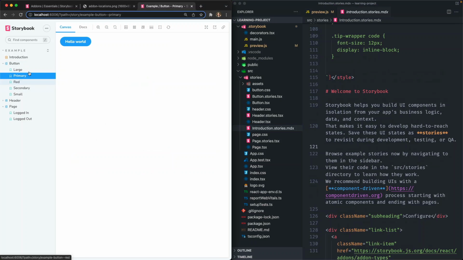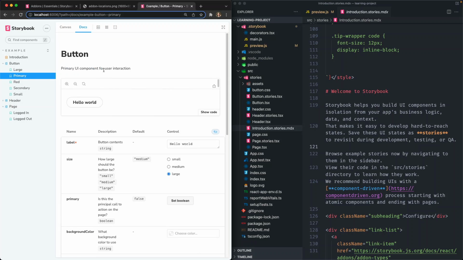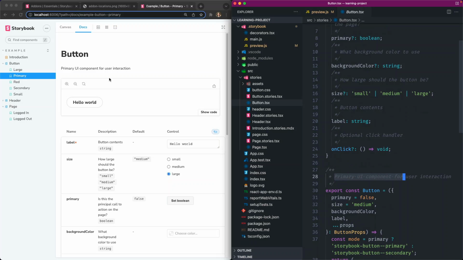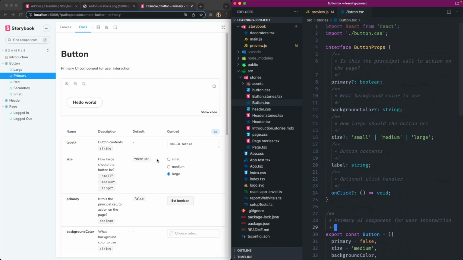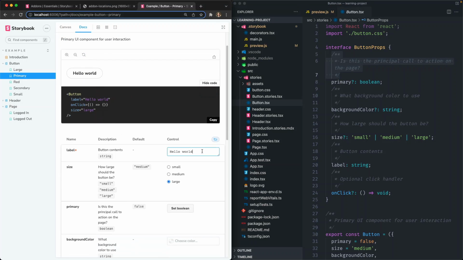So for instance, if we have this button over here, if we click on the Docs tab, it will provide us an overview of all of these stories, and it will link us to this specific story. But it will show you an overview of the component with some descriptions, which are inherited from the implementation of the button itself, as we can see here. So primary UI component is coming from the description here, as well as a table of the properties from this component, including the JSDoc for each of them. You get an overview of the default value of the component. You can see the code. You can play around with the args table here, which actually works similarly to the controls, and the code will